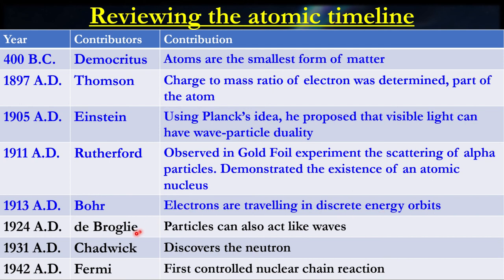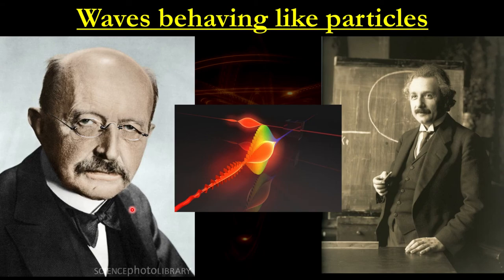What we're going to be looking at is a guy called de Broglie, and we've already talked about James Chadwick, so we're actually skipping back a couple of years. We know that James Chadwick discovered the neutron, so before then a guy named de Broglie came up with the concept that particles can also act like waves, which provides our explanation of the Bohr's model of the atom that we're going to look at.